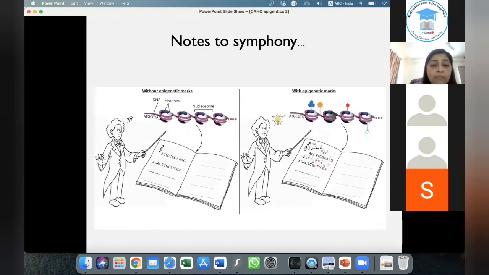So basically what happens over here, with the help of epigenetics, there's a particular sequence in which a gene would get expressed or get downregulated, or